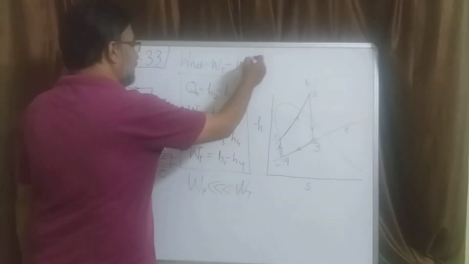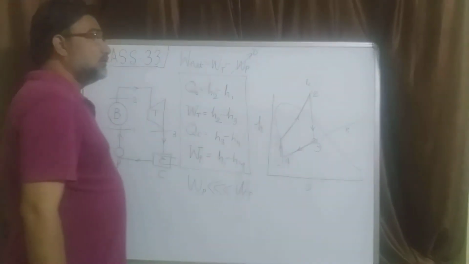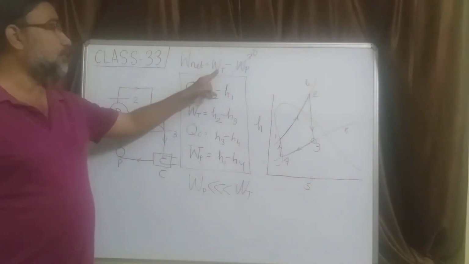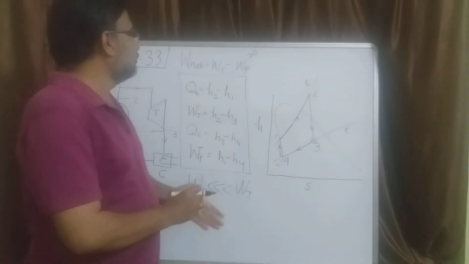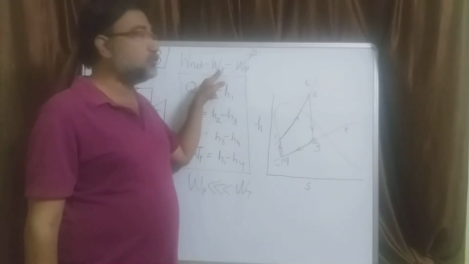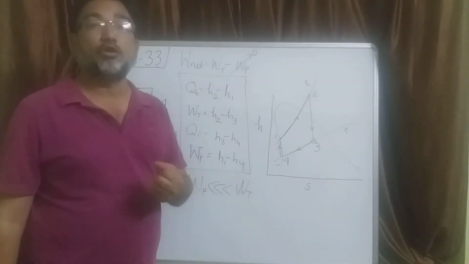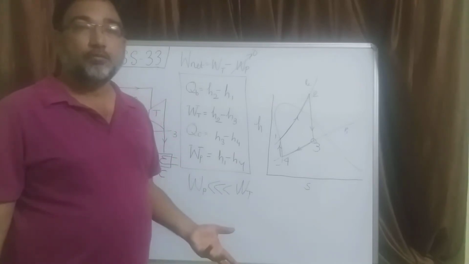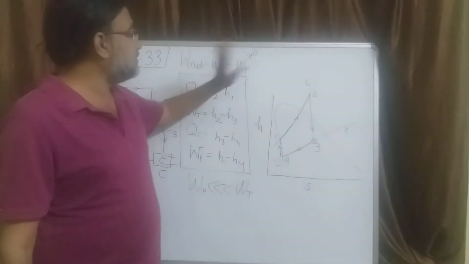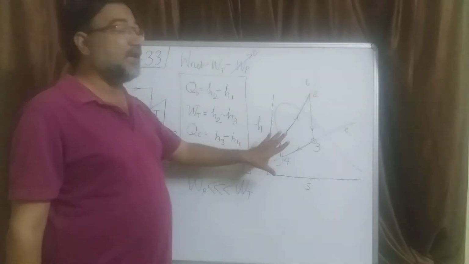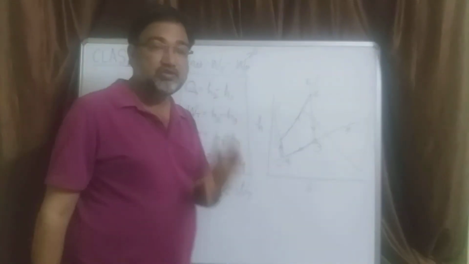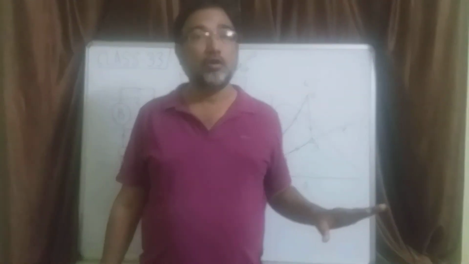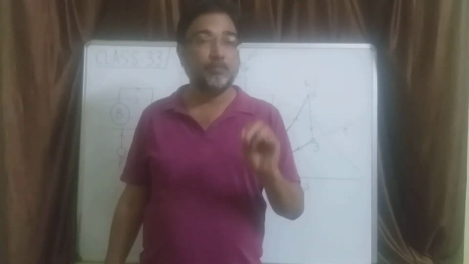So very often we neglect the magnitude of pump work because it is so small compared to the turbine work. Suppose when you solve a problem, this turbine work comes out to be 800 kilojoules, but the pump work will come out to be 3 kilojoules, 4 kilojoules. So 3 is negligible in comparison to 800 kilojoules. So pump work is neglected. So net work in most of the cases, unless otherwise mentioned or you are specifically asked to find out pump work, don't bother about the pump work, neglect the pump work.